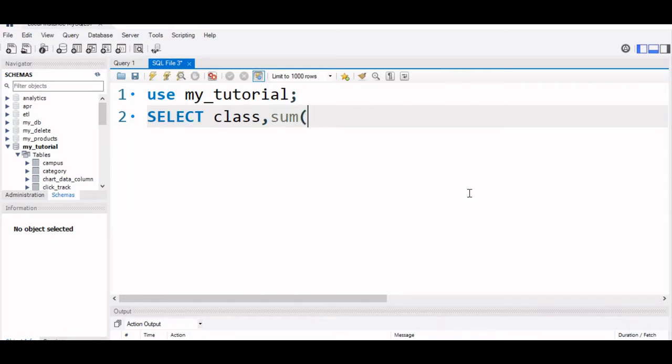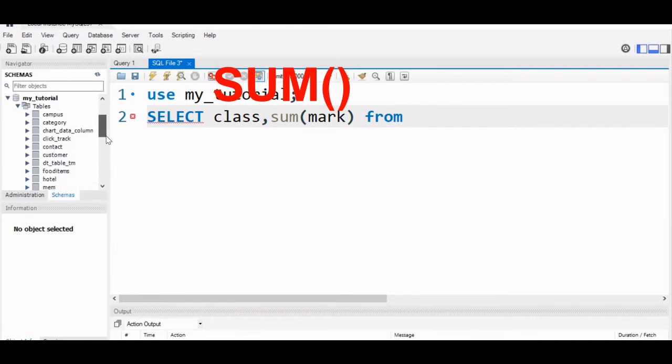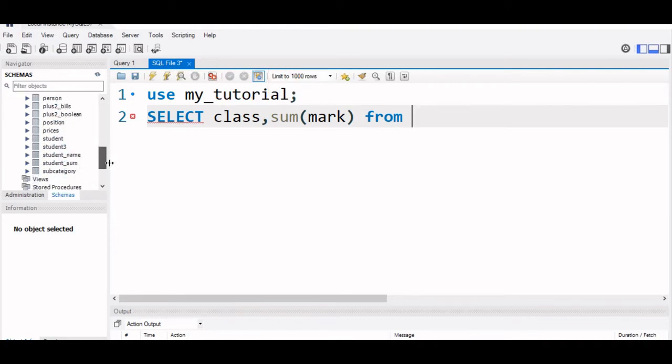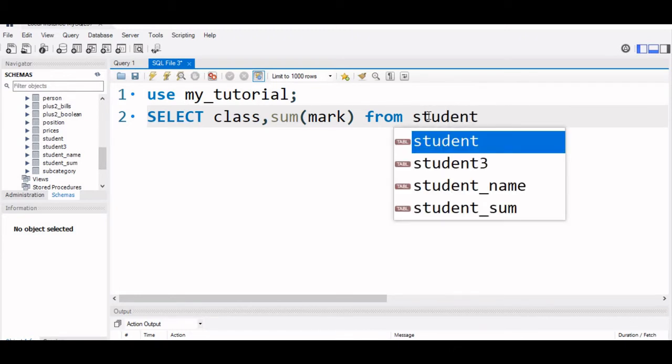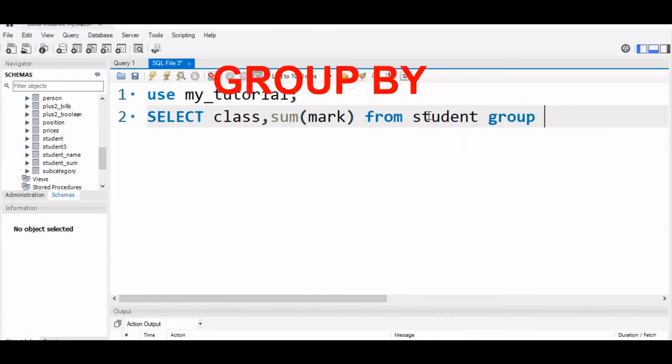Let's sum mark from our table, which is student. Select class, sum(mark) from student group by class. This is our query. Let's run this one.